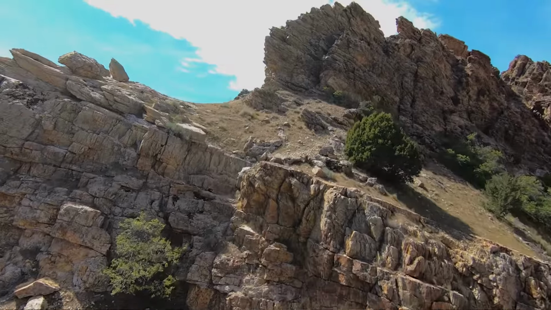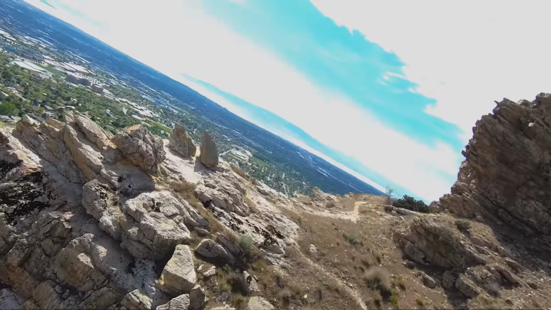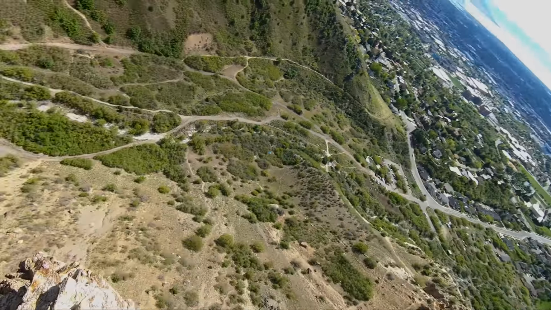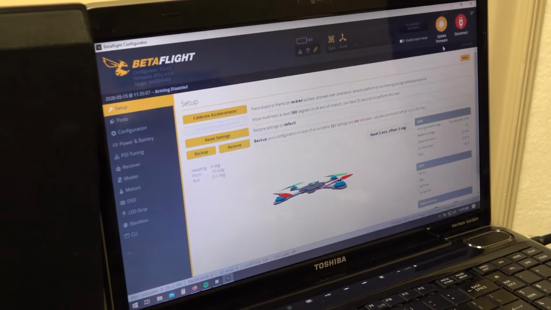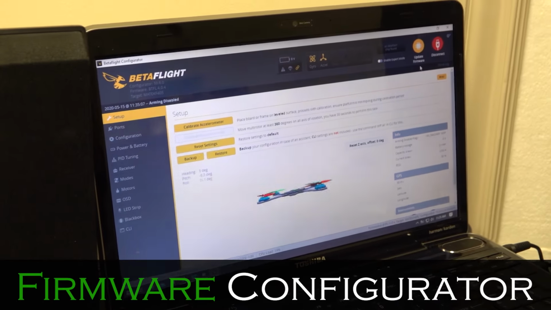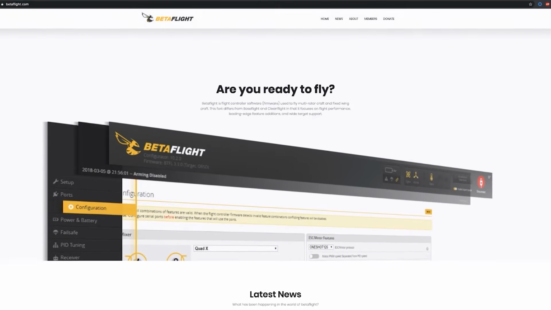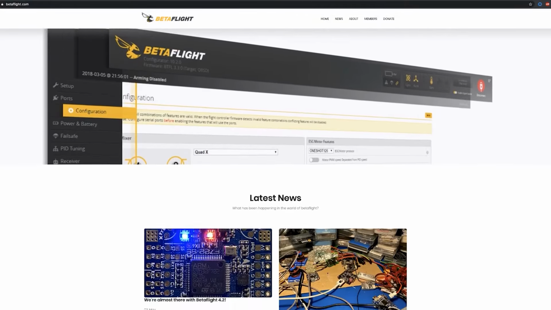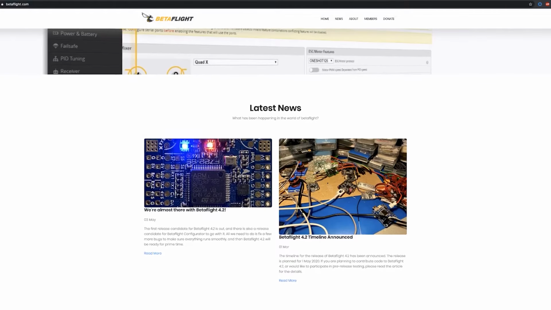This communication between flight controller and the drone can be configured for different flying styles and preferences though. The way that the user configures the settings on a flight controller is through a firmware configurator on a computer. We will have an entire module on that, and we'll be teaching a configurator called Betaflight. Betaflight enables you to specify what roles the flight controller will play and how it will interpret signals from your transmitter, OSD, and flight controller.